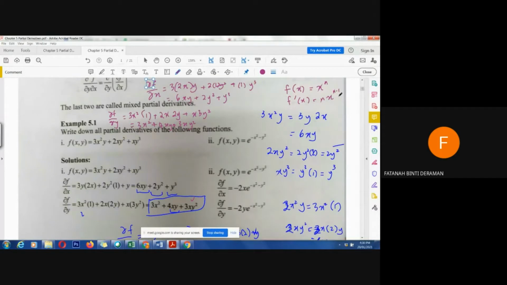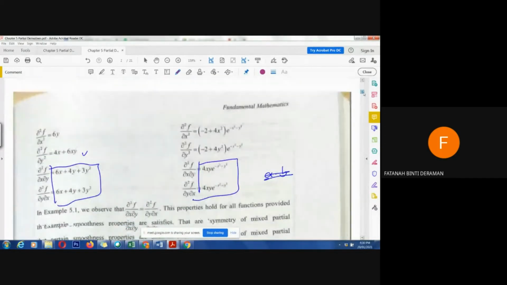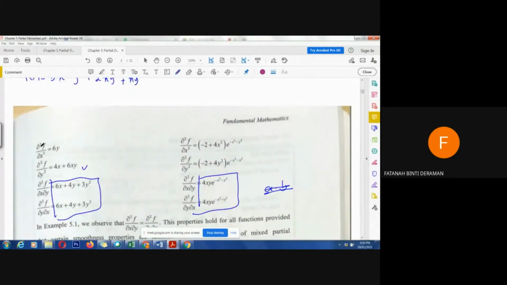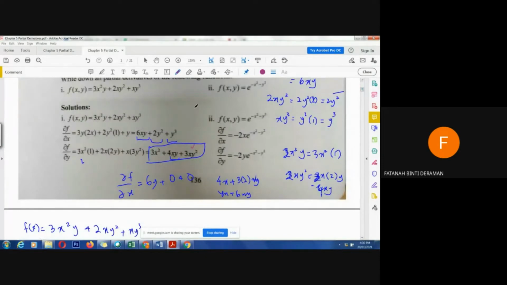Later, if we need to find 2 times, so here is the second order of differentiation. So we need to differentiate x. We take the first function here, and then we differentiate one more time with respect to x. With respect to x, meaning d square f dx square, we will get 6y, as y is our constant, so we get 1 plus, this is a constant, so we get 0 plus 0. So simplify, we get 6y.